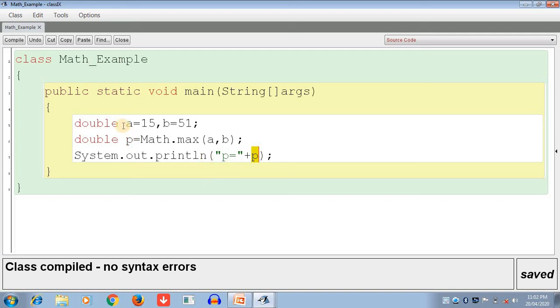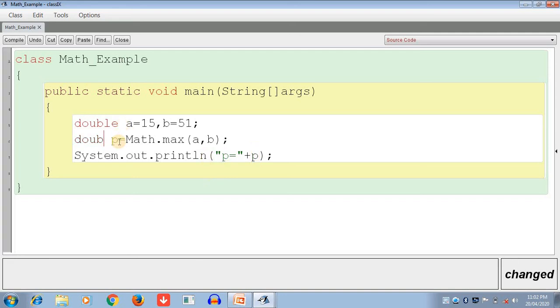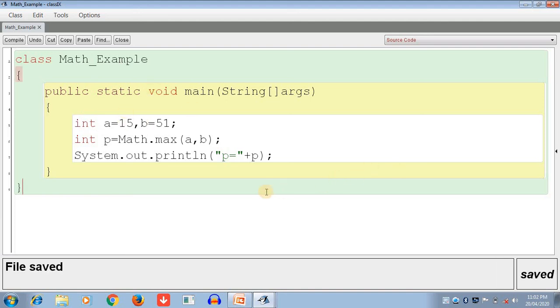If you are putting integers here, put int. Now change here to int; there is no problem or error, because the maximum function returns the largest of two arguments, which should be of the same data type as the one to be returned.